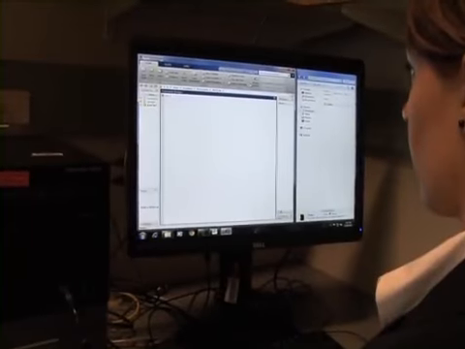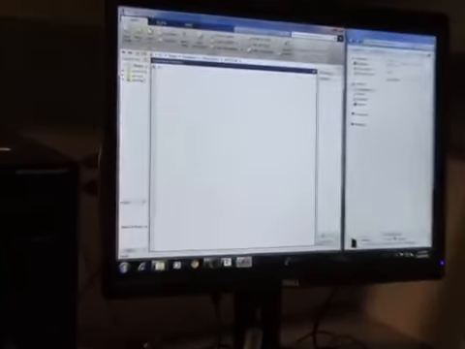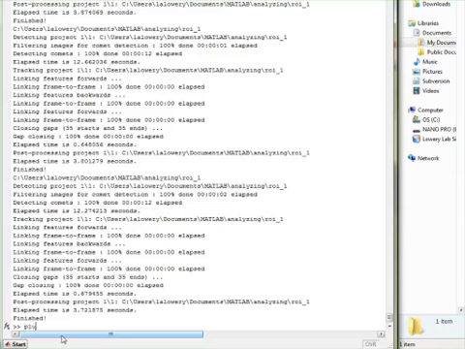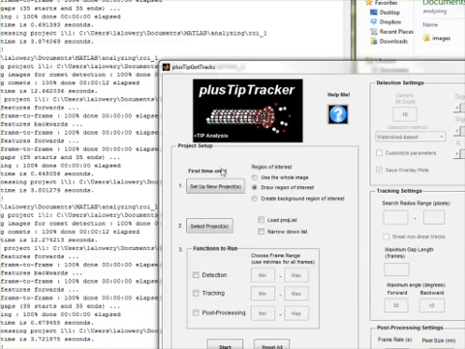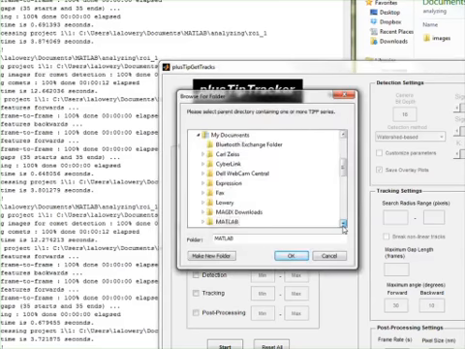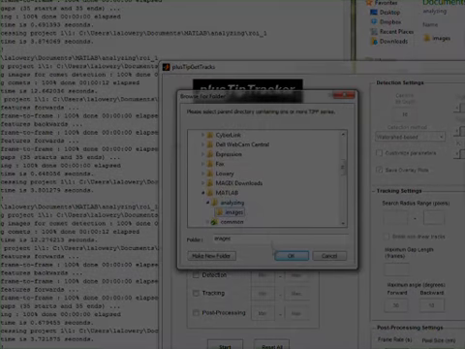To begin analysis, open the MATLAB application and type plusTipGetTracks into the command window. This will cause a new dialog box to appear. Click on Set up New Projects and select one or more of the previous TIFF image series by selecting the appropriate images folder. Upon